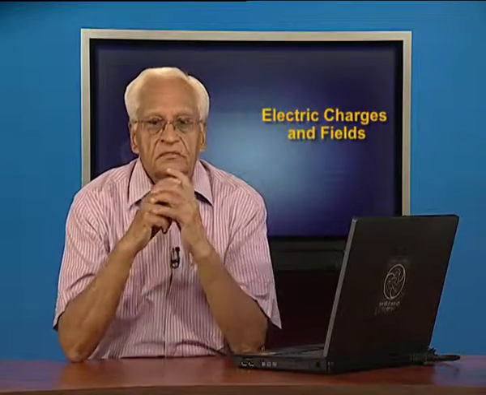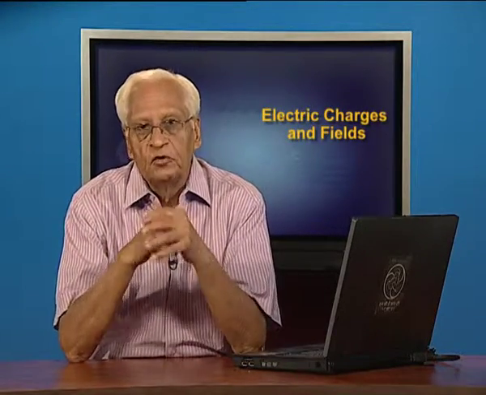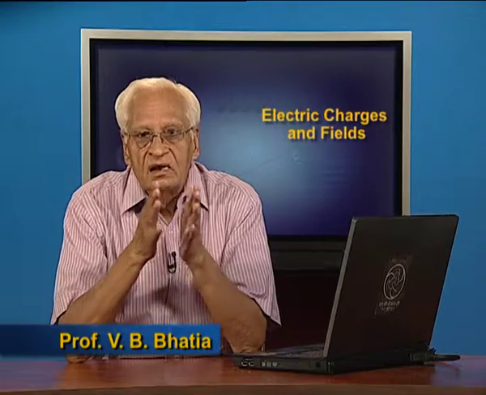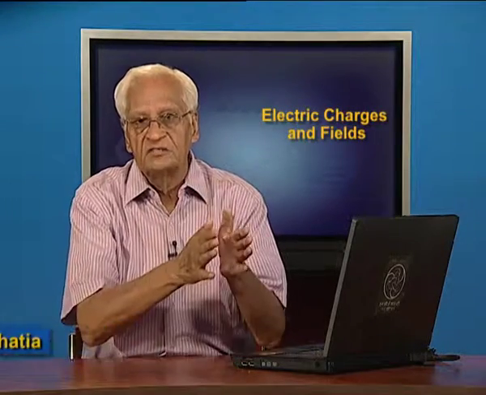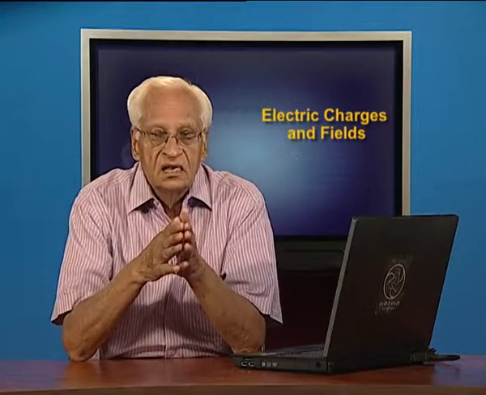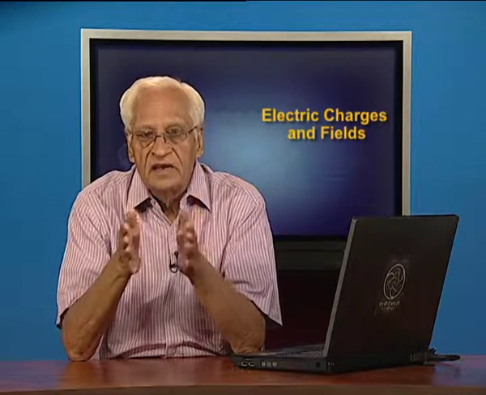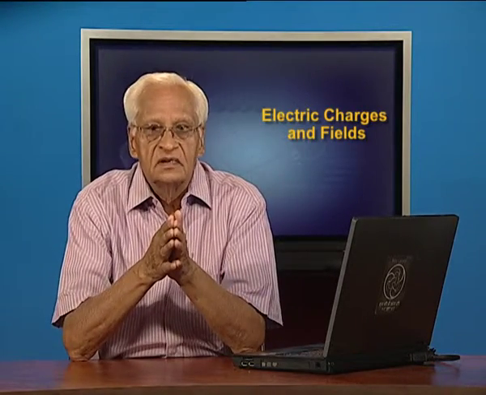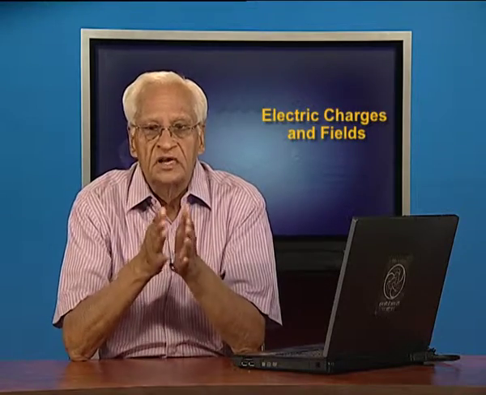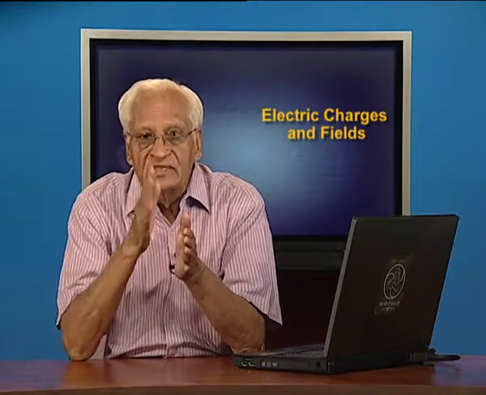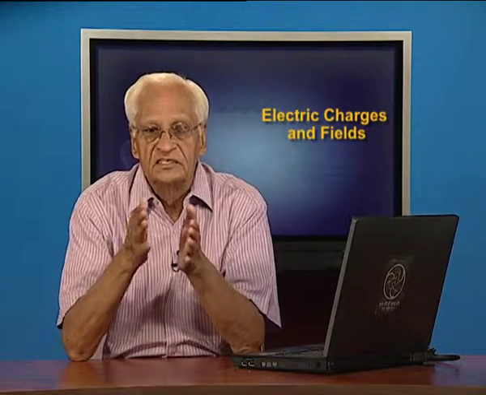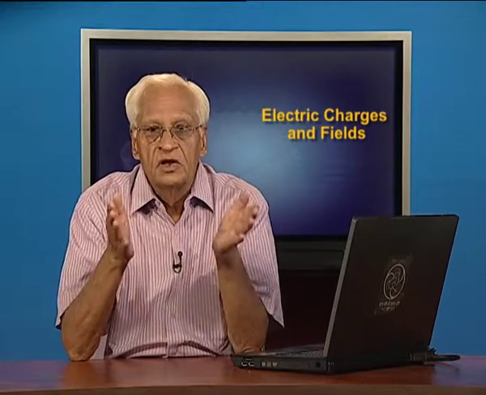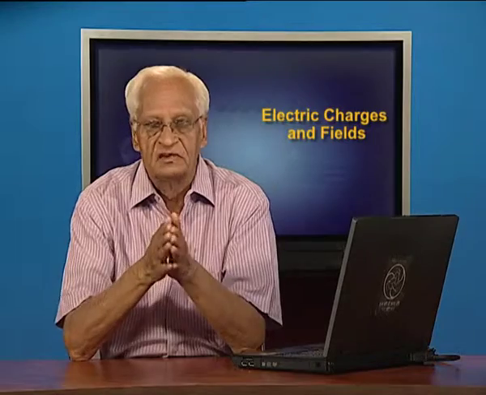In the last lecture, we discussed electric lines of force and their properties. Their chief properties are that lines of force start at a positive charge and end at a negative charge. Then at any point on the line of force, the tangent at that point gives the electric field at that point. Third, the lines of force cannot cross each other, because if they do, then at that point where they cross, there will be two tangents and two directions of the electric field, which cannot be possible because of the superposition principle of electric fields.